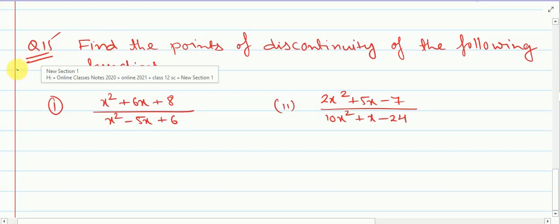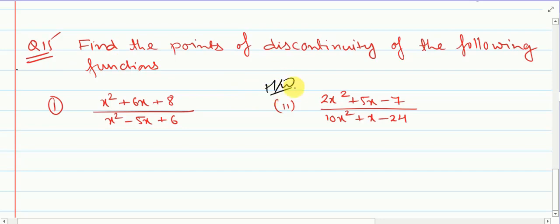Now let us see question number 15. Here it says find the points of discontinuity of the following functions. First one is this, second one is this. I will do the first one, second one will be your homework. So solution number 1,